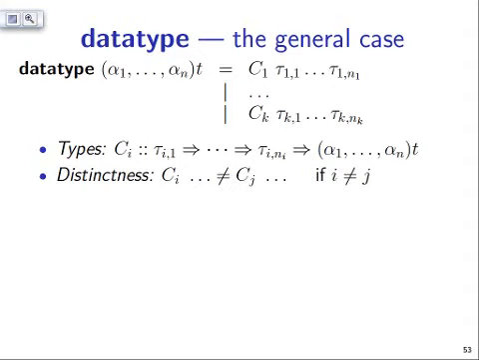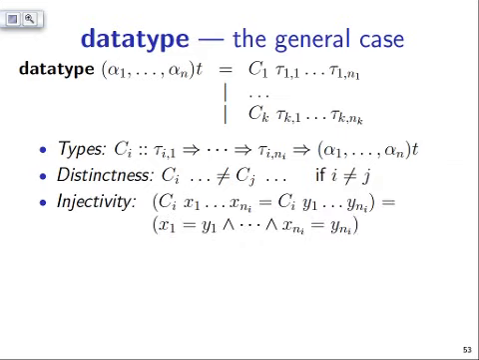The first one is distinctness, that two constructors are always distinct. So if you have two terms that start with different constructors, they are different terms. So for example, nil is always different from cons. Second property is injectivity, that if you have two terms that do start with the same constructor, then those two terms are equal if and only if they are